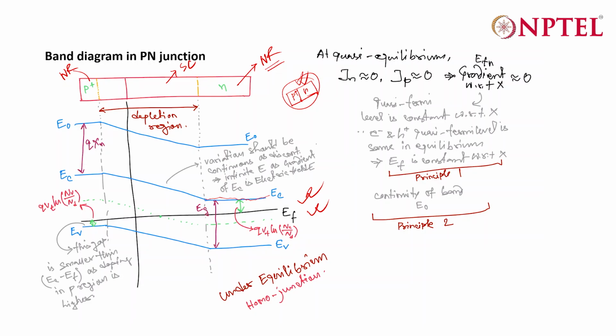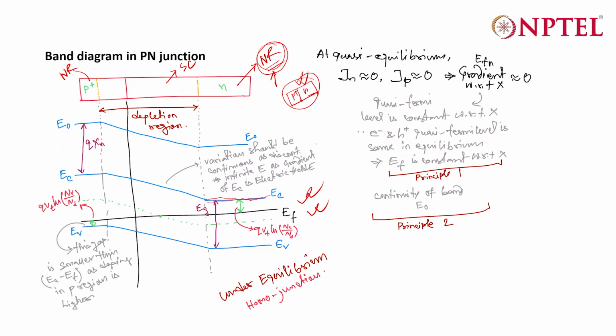Throughout the neutral region, the conduction band will not vary. So it will be parallel to EF, a straight line parallel to EF. And the valence band in the N side neutral region. So we are considering first the neutral region in the N side. So the EC is constant,